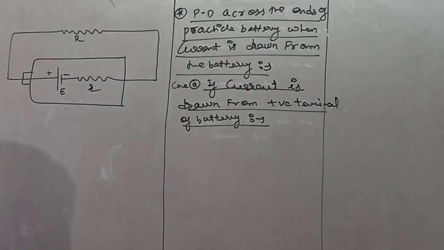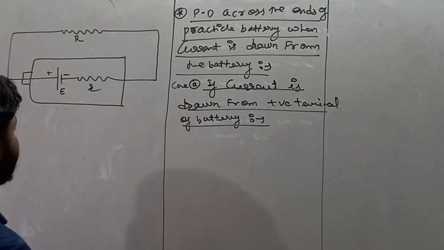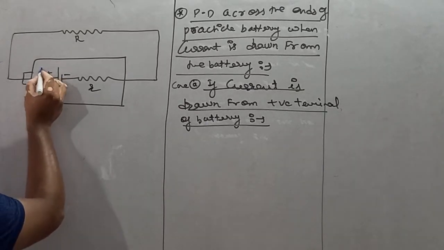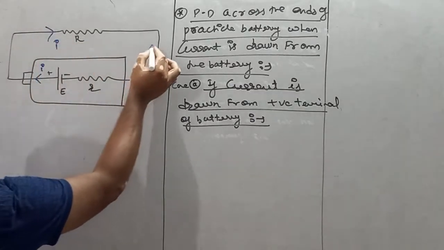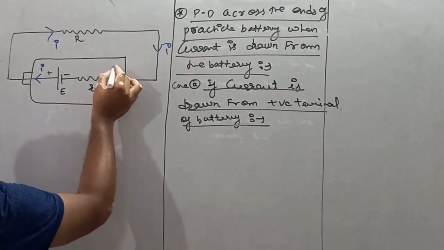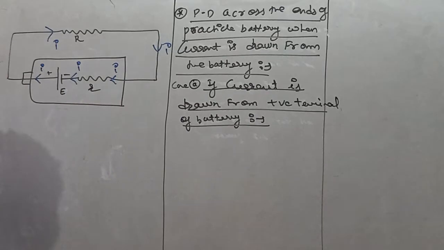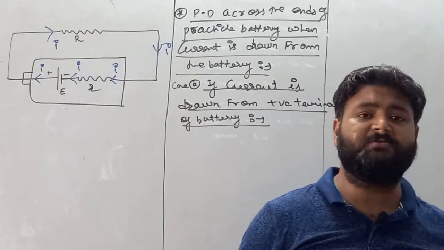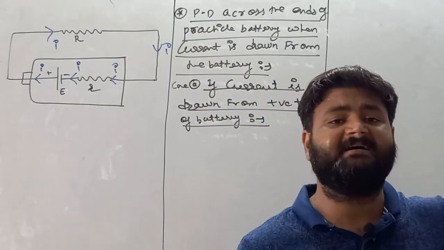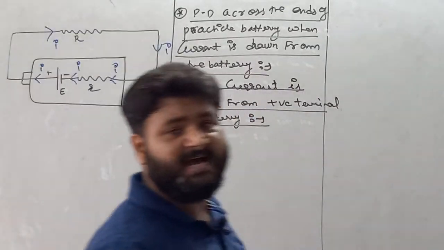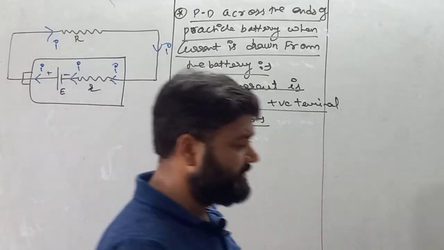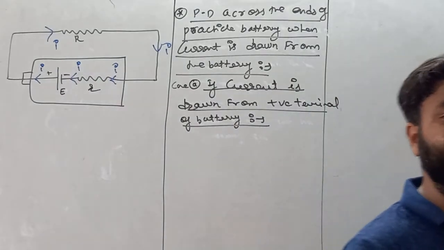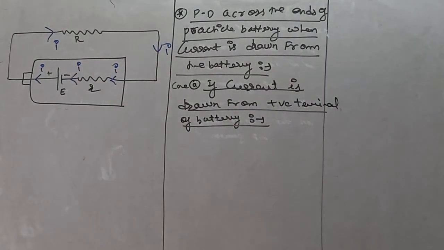So my dear student, this external resistor draws current from the battery, and current is drawn from the positive terminal to the negative terminal of the battery. Now see, the current that comes out from the positive terminal is always equal to the current that goes into the negative terminal, because charge is always conserved, and we know that current is nothing but the rate of flow of charge with respect to time.